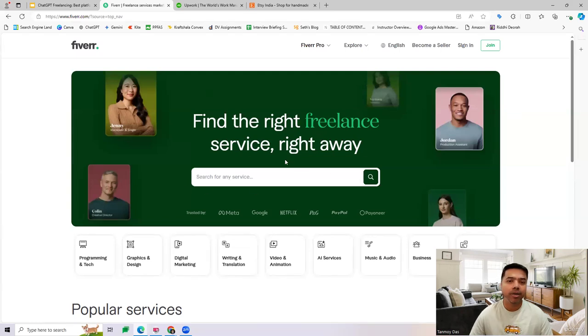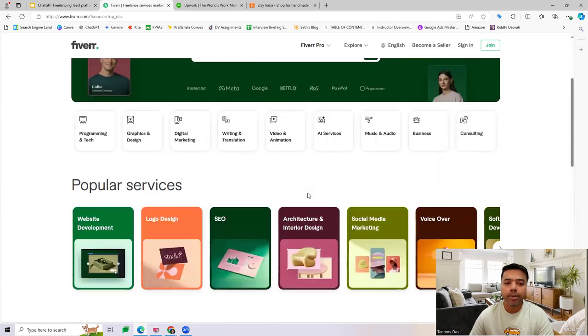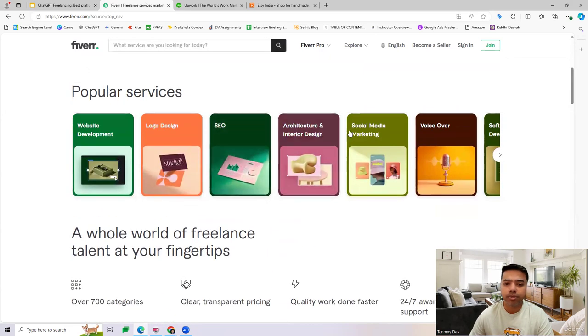Fiverr is an online platform. It's a global platform, guys, where anybody can come here and open an account and become a freelancer. Any kind of skills you may have, anything which you have as a service which you can provide, you can start with that and open an account with them. So here you can see there are different types of services for which people are asking. So it's a platform where on one side you work as a freelancer providing services. On the other hand, there are businesses who are looking for this service. So they will connect with you.